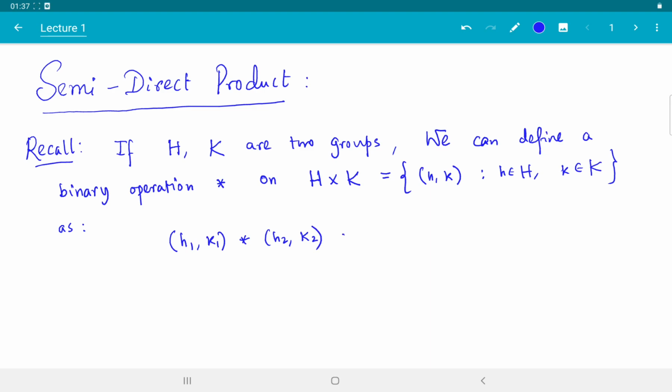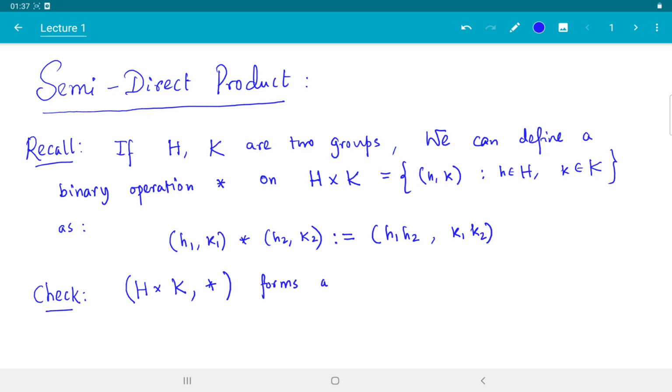We define it as the component-wise operation (h1 h2, k1 k2), where h1 and h2 are operated in the group H and k1 and k2 are operated in the group K. It is an easy verification: you can check that H cross K with respect to this operation forms a group,